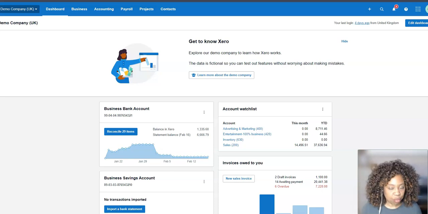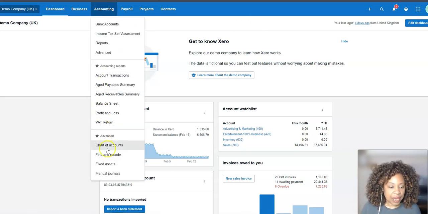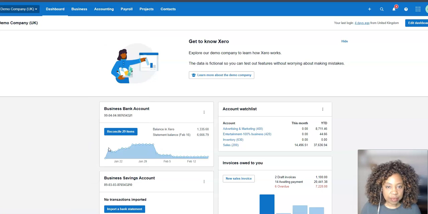Now, it's a moving target to some degree when you start out, and there's nothing to say you can't change it later on down the line. But what you want to do is get to a point where you have a chart of accounts that you understand that reflects your business and the way you run it. So I'm just going to show you an overview of the chart of accounts and how you can add or amend if you need to. So if we go to accounting and chart of accounts,